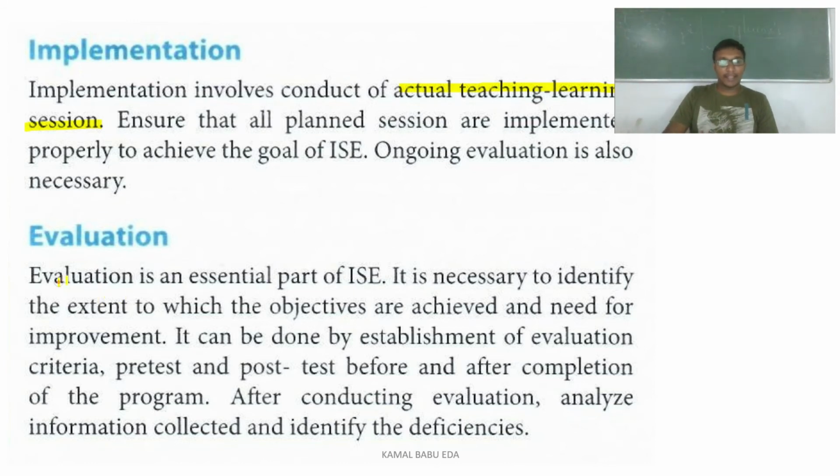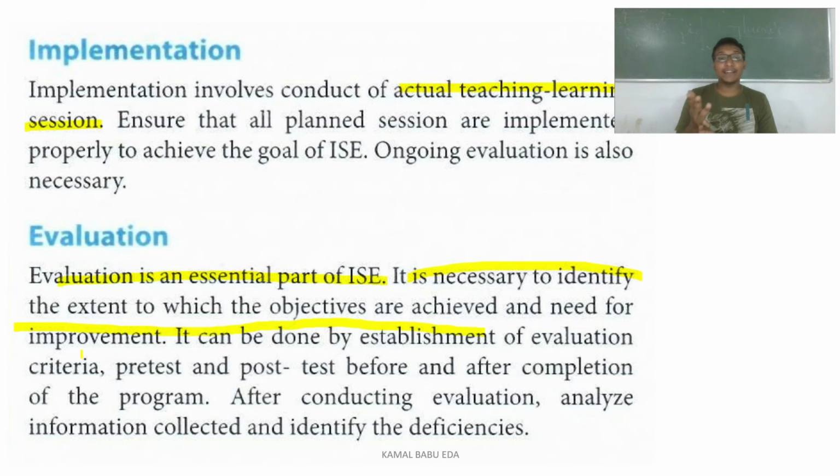So here evaluation is an essential part of in-service education. It is necessary to identify the extent to which the objectives are being achieved and the need for improvement, and it can be done by the establishment of evaluation criteria. So how can you evaluate this criteria? If you go to research, in experimental research design, we have different types of designs.